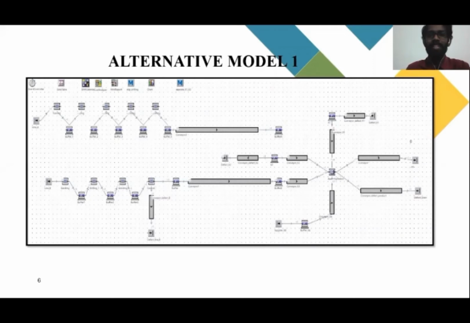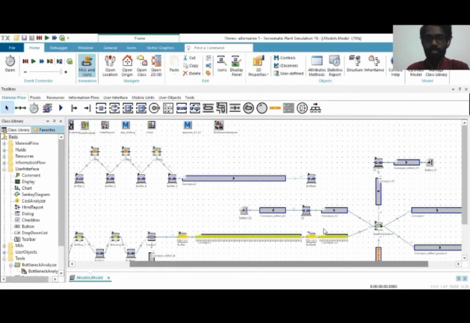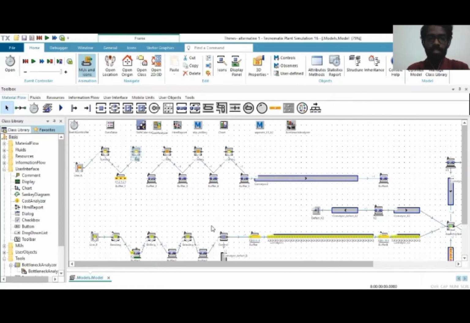Today I'm going to explain about alternative model 1 and model 2 for Zinco Precision Engineering Center Berhad. The output for simulation model 1 is 519. The improvement made in this model is adding conveyors to make the product flow at constant speed. Also, we have added buffers in line B for each station. For the buffers, we have also increased the capacity, and for line A the processing time